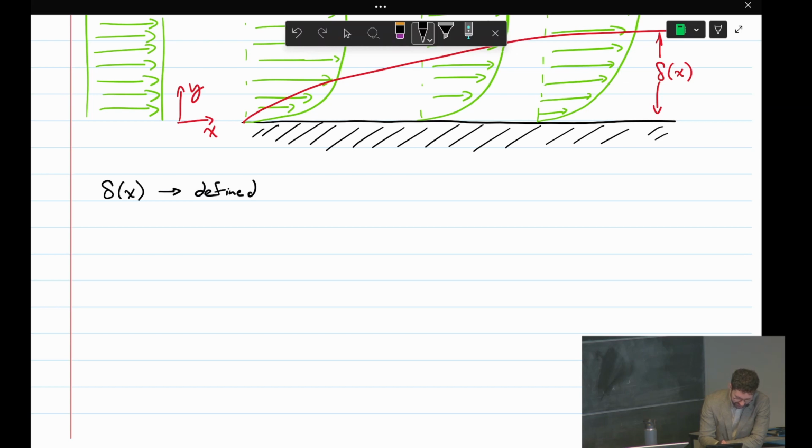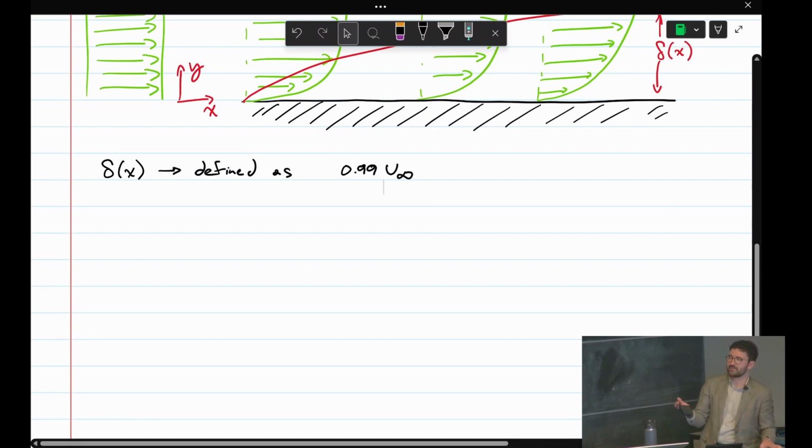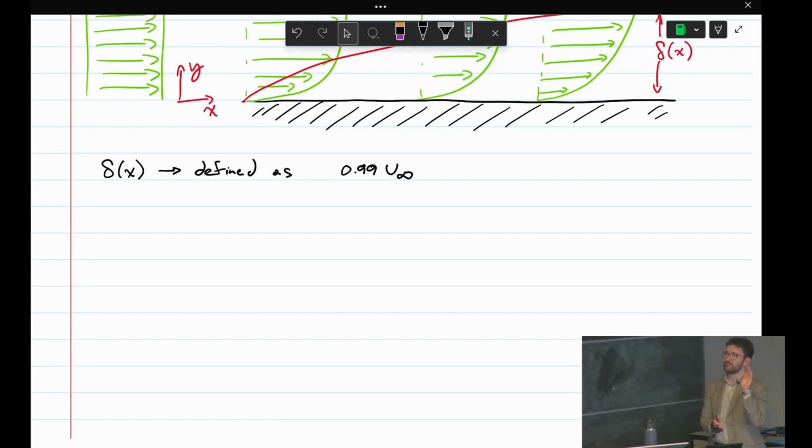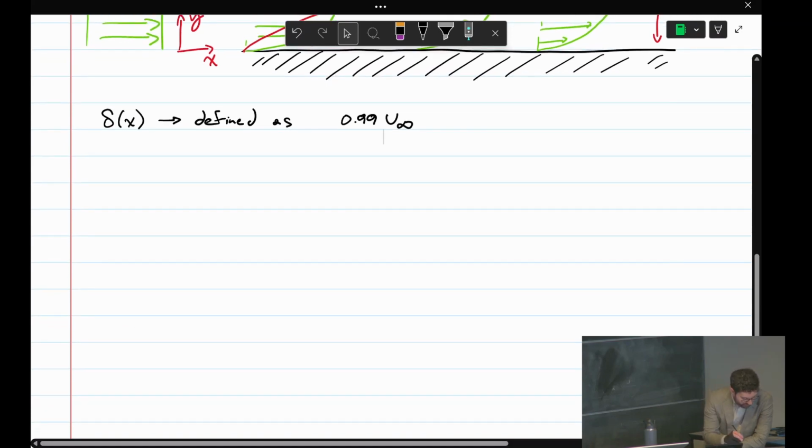The thickness is defined as 0.99 u infinity. Yeah. So when the velocity reaches 99% of u infinity, we're basically out into what's called the free stream. We're far enough away from the wall that we're not really feeling the effects of the wall anymore. So we're 99% of the way to u infinity. That's kind of the point where we stop feeling those viscous effects. That's where we say we're out of the boundary layer. So boundary layer thickness, 99%. So specifically,